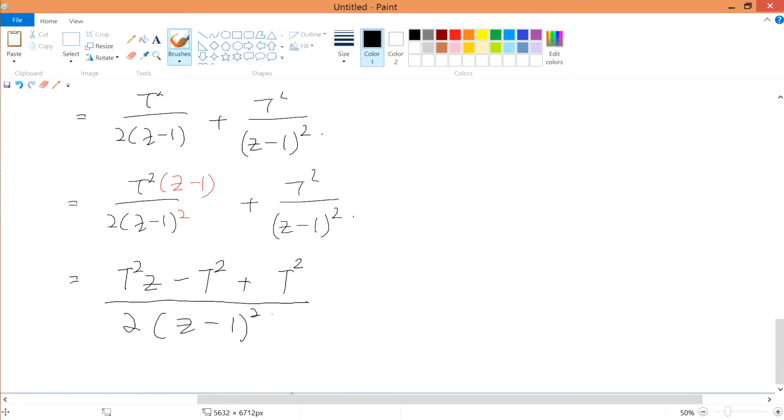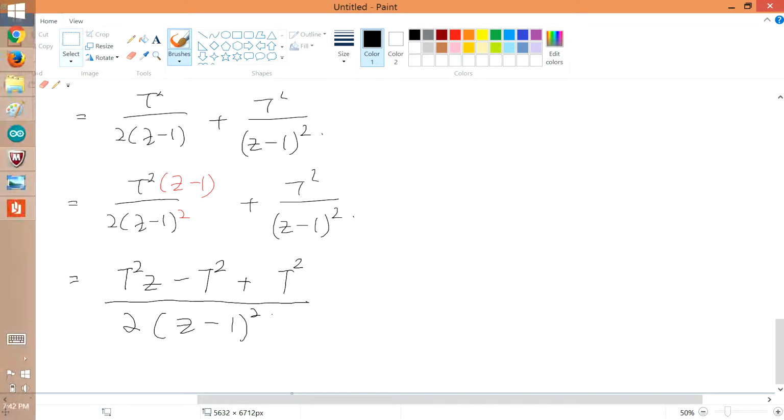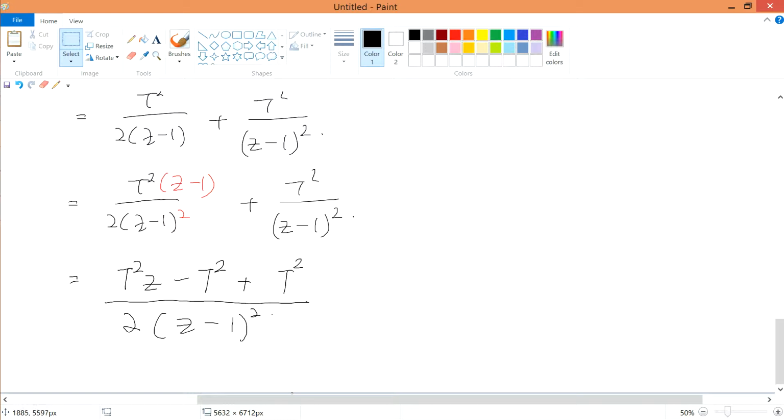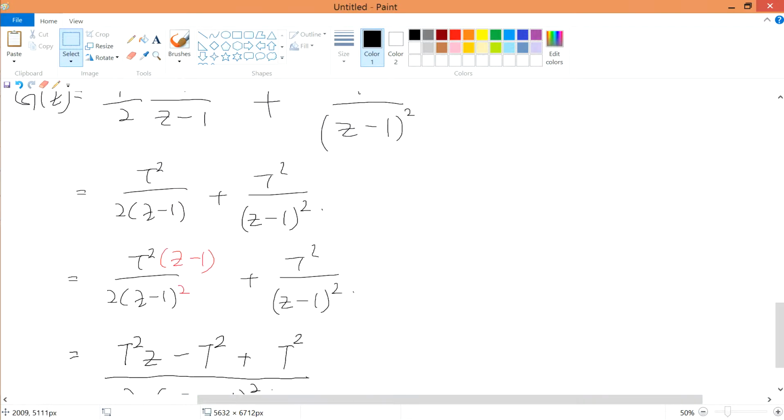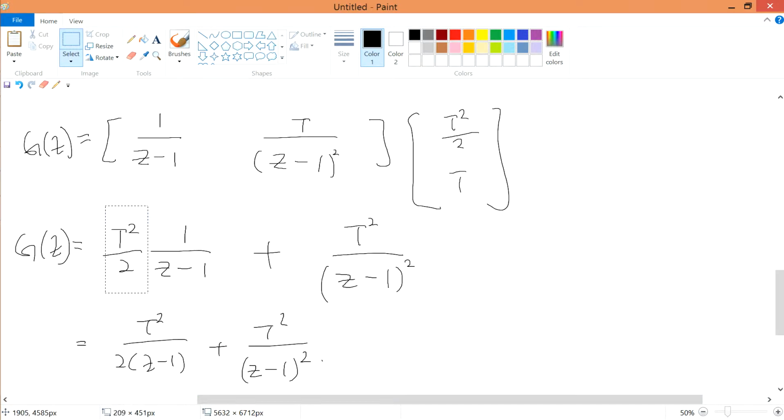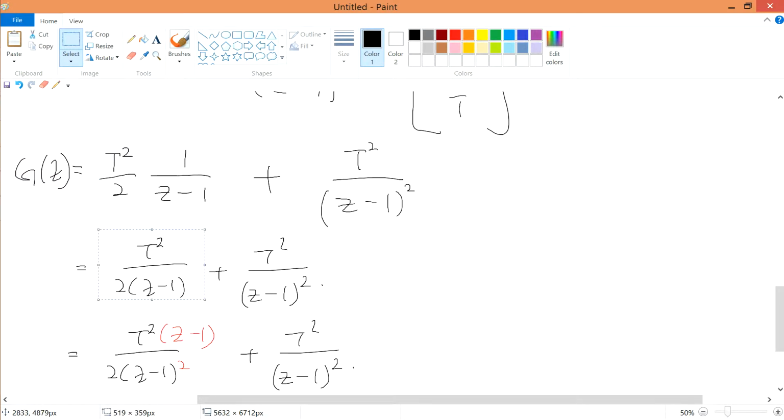Do you see any careless mistake? We shouldn't have it like this: the t squared over 2 should be multiplied on top. We cannot multiply straight away like this. This is the part that I realized. So this t squared over 2 over here should not be written as this. You can rewrite this thing as this one, but in our case right now, it is recommended